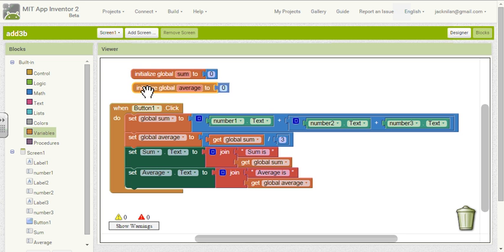Okay, so when the button is clicked, we put into the sum box the sum, the plus of what are in the three text boxes. We put into the average box, into the average variable, the sum divided by 3. And then once we've got those into the variables, they're up here in the variables, then we put them into our text boxes. So let's reset our connection, run our emulator,